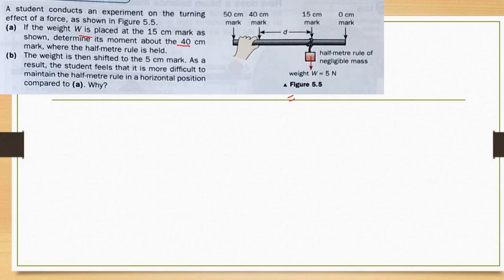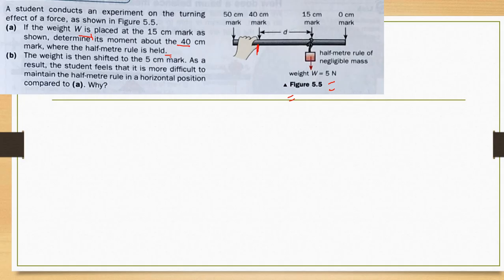Okay, where the half meter rule is held here. So this is the half meter rule. Half meter rule means 50 centimeter. Now here you have to figure out which is the pivot point you have, meaning at which point it is moving. They are saying that if the weight W is placed here, at the 15 centimeter mark, determine the moment about the 40 centimeter cube,